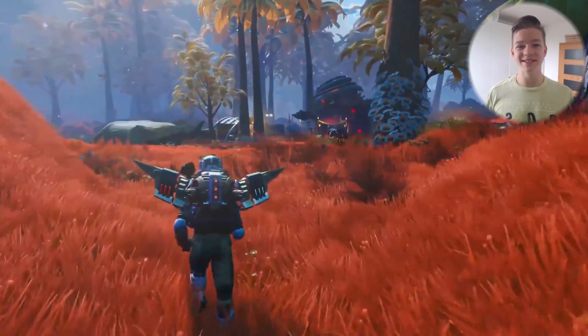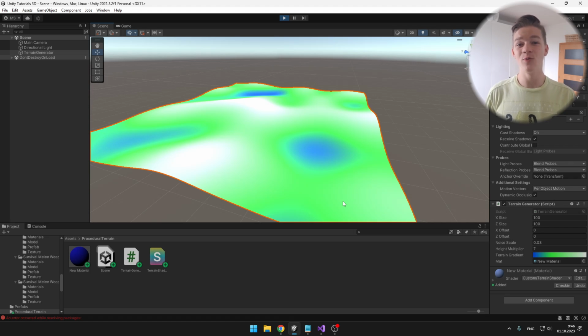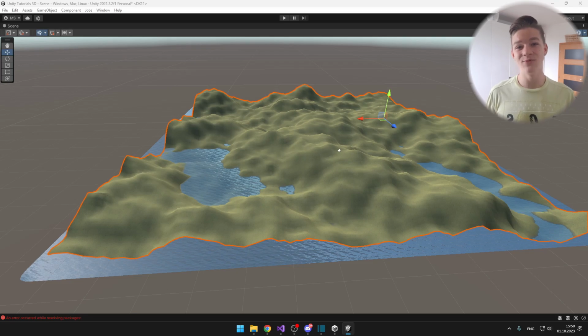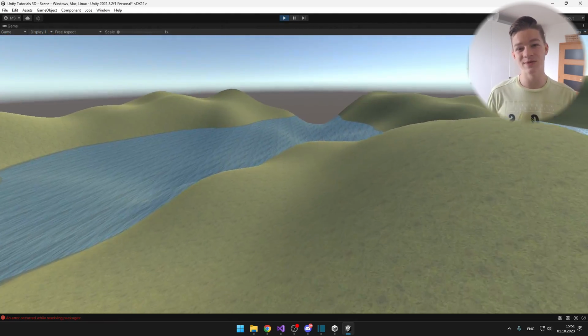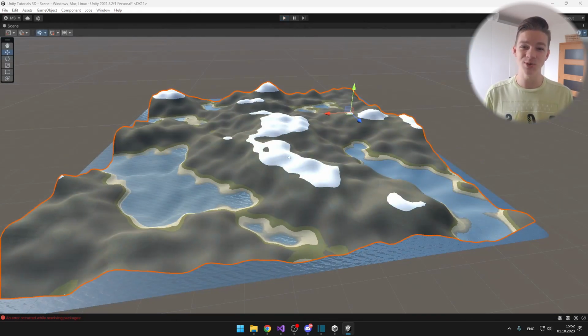Procedurally generated terrains are awesome, but this one isn't there yet. So today, we'll add multiple layers of noise to add details to the terrain, then we'll add some colliders and a player so that we can actually walk on it, and lastly, we'll apply some textures to the terrain to